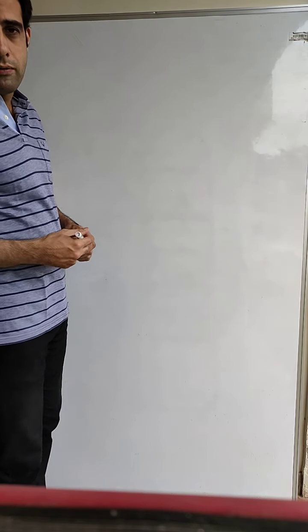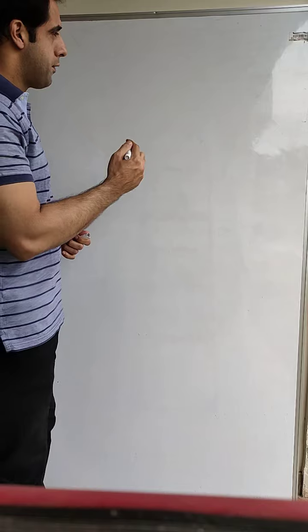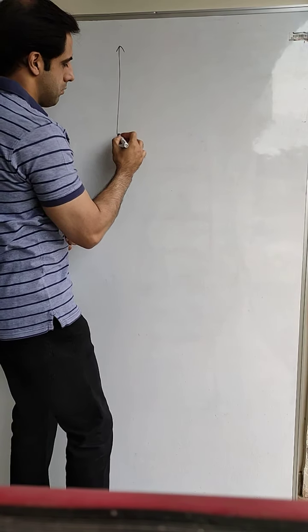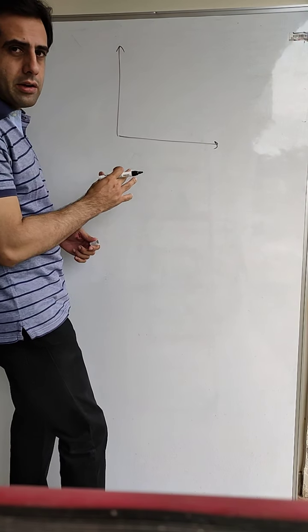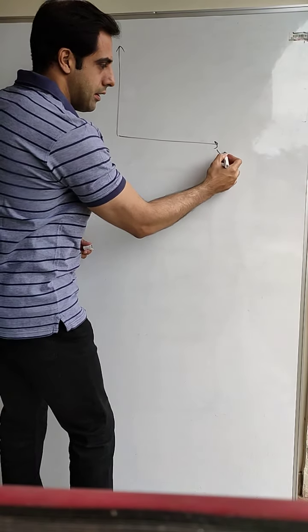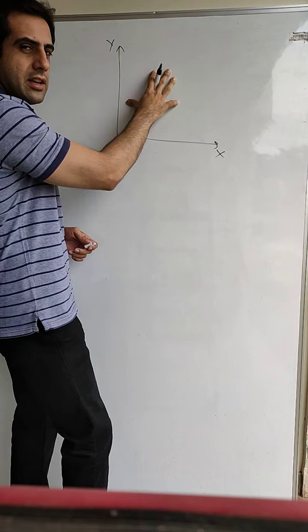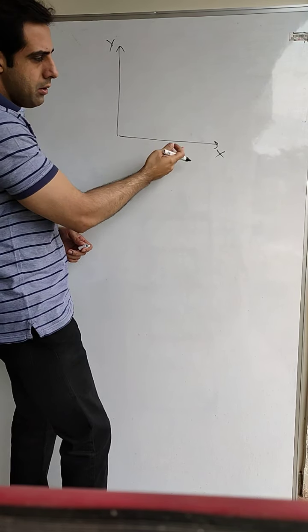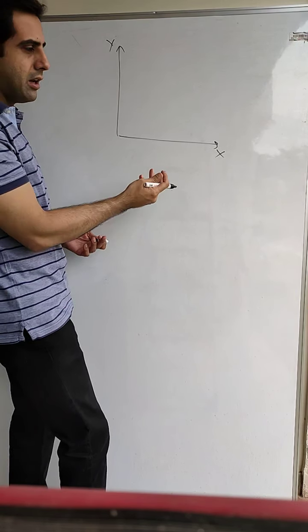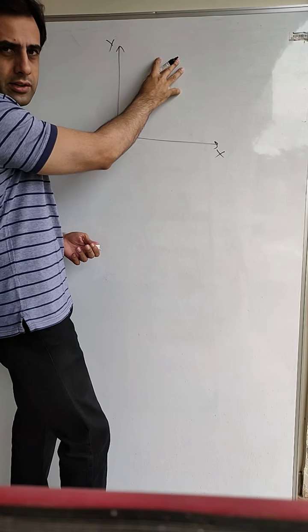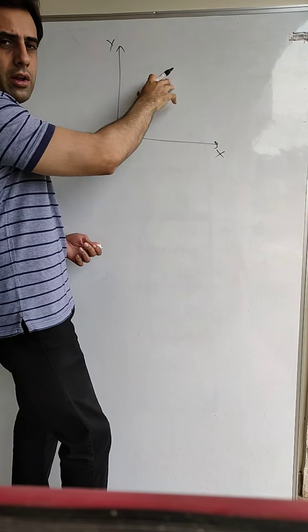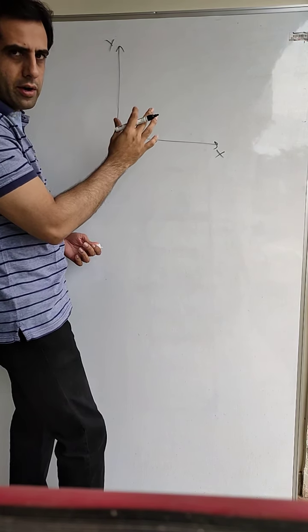Now in mathematics we have already done graphs a lot of times. These are generally the two axes that we take. This is our x-axis and this is our y-axis. We try to plot all the graphs in this area only, because of the convenience, basically, because x and y both are positive in this area. This is your first quadrant. We generally take the values in the first quadrant.